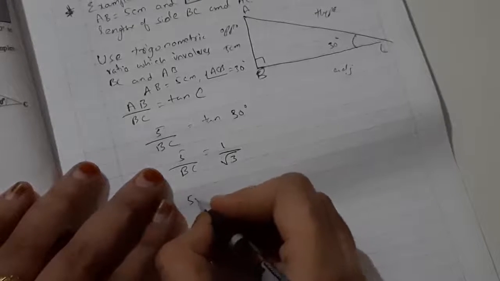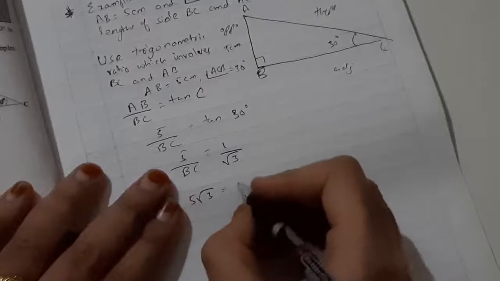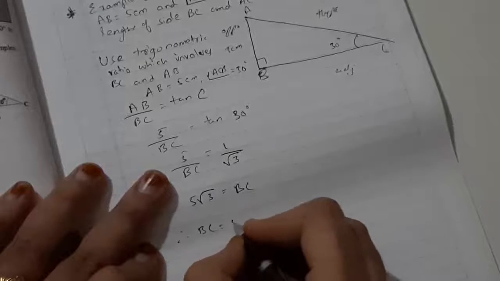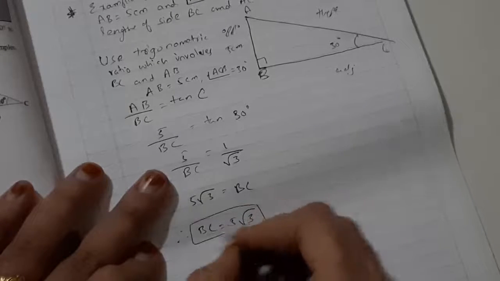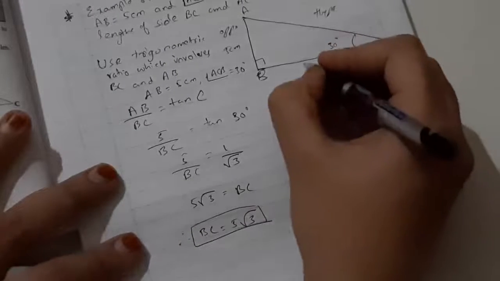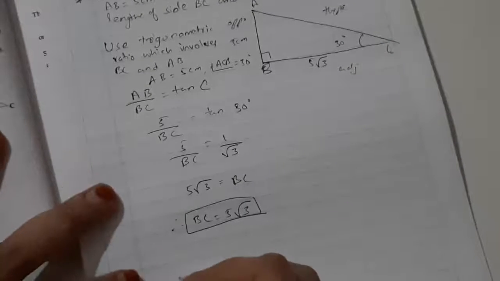So we are going to solve this. This will become 5 root 3 is equal to, we are going to send it here and send BC on this side. So therefore you can write BC is equal to 5 root 3. Okay, so we found this. Now to find